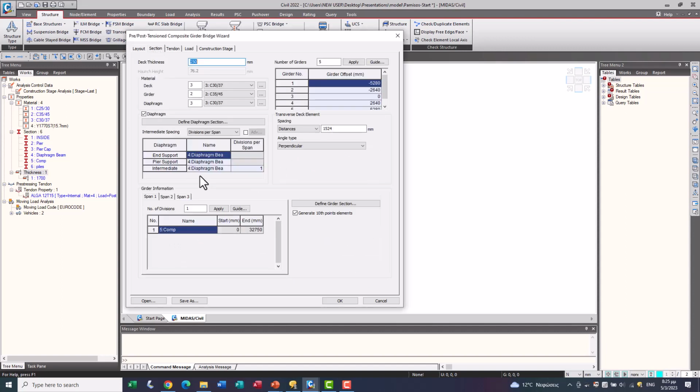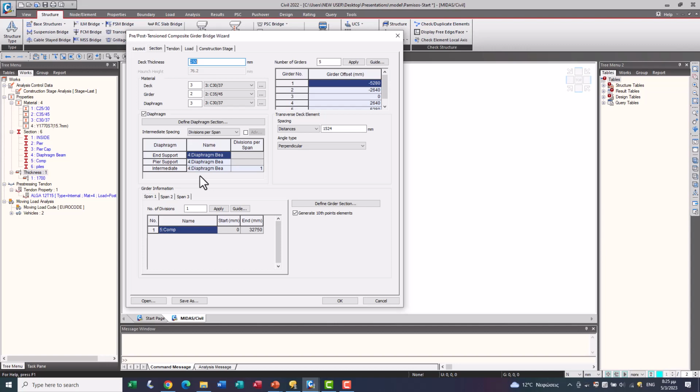Next to the Layout tab, we can see the Section tab. Here the user can allocate the materials and section properties of the deck, girder, and bracing along with the deck thickness. Furthermore, the user can input detailed superstructure shapes such as the number of girders and the position of girders. A useful tool is to copy current girder data to the other girders, or the user can duplicate the position data from one girder to all the other girders.